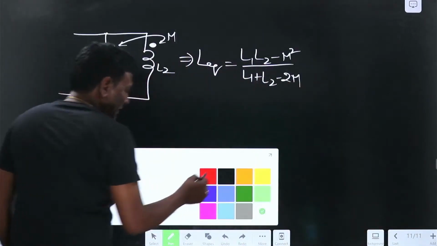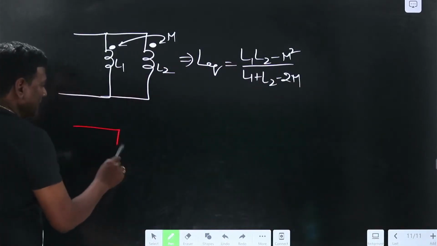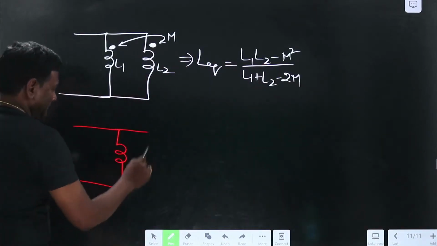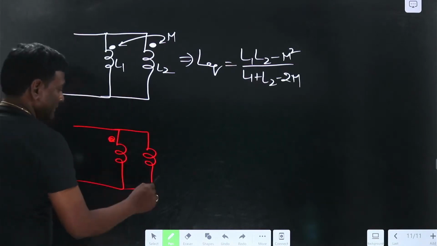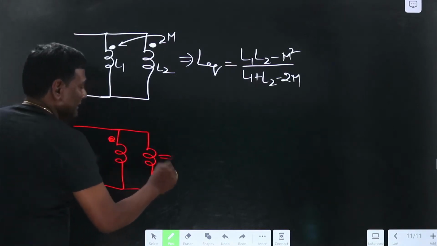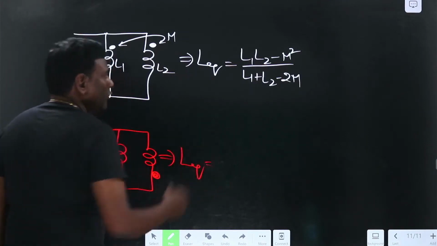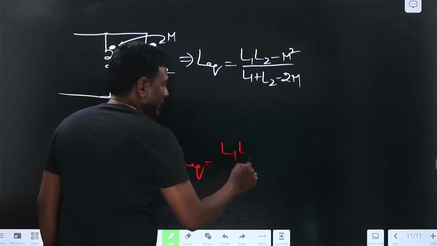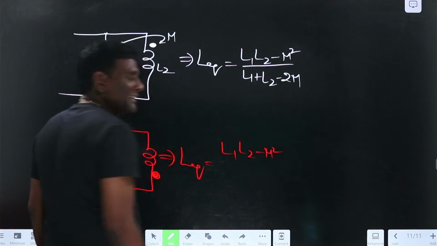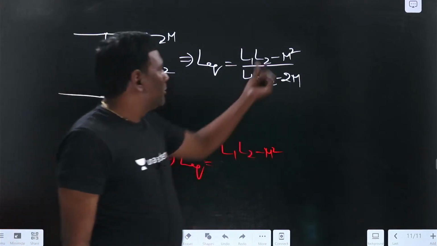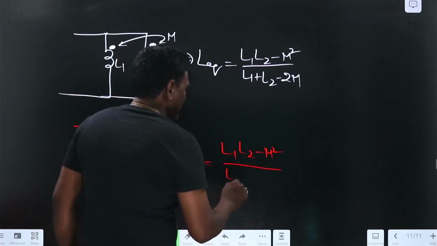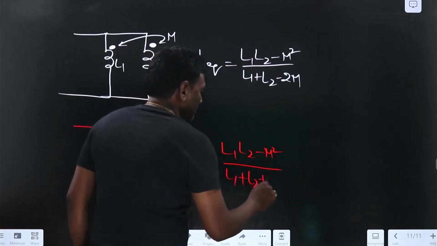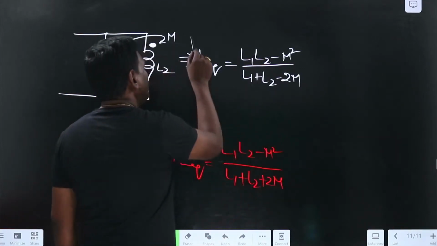Now if I have another circuit with opposing nature, parallel opposing, under those conditions L equivalent is going to be L1 L2 minus M square. In place of M, minus M has to be kept. So minus of M square is going to be M square only, divided by L1 plus L2 plus 2M. Okay, so